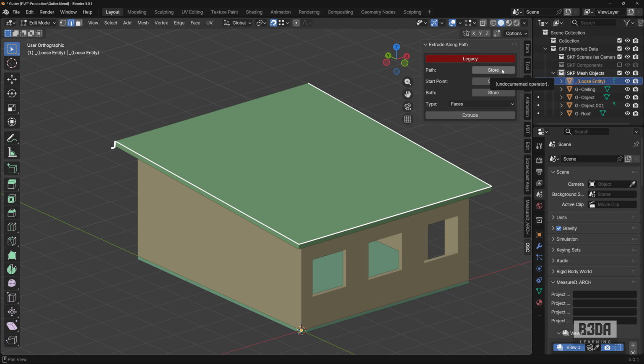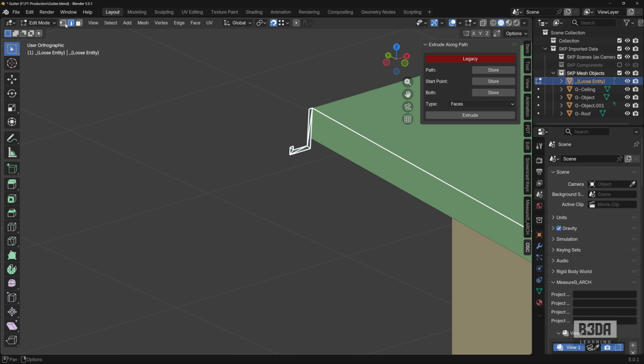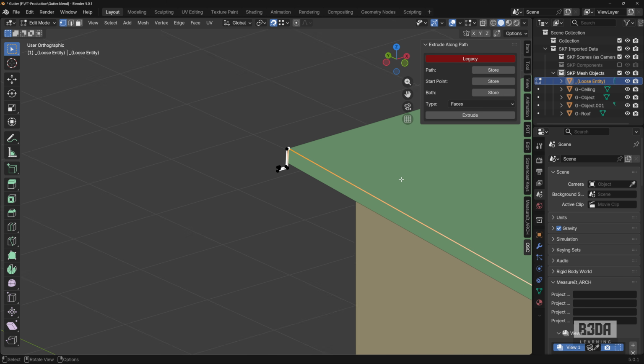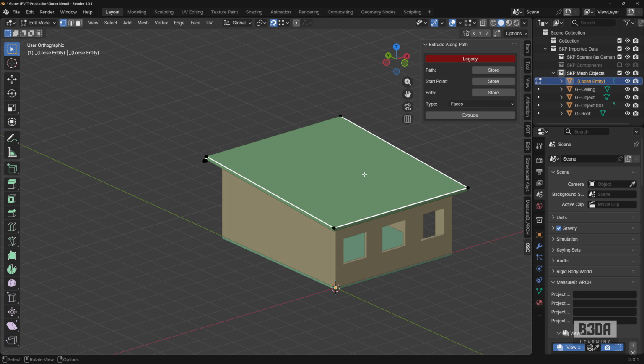Hit store. It will save your path. Now I want to mark the starting point. And for the starting point, I want it to start here in this vertex. So I will press here the star button. And now we are ready to